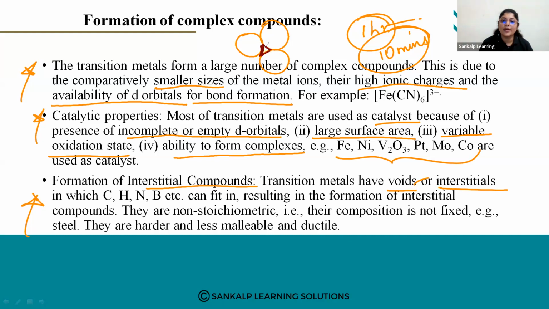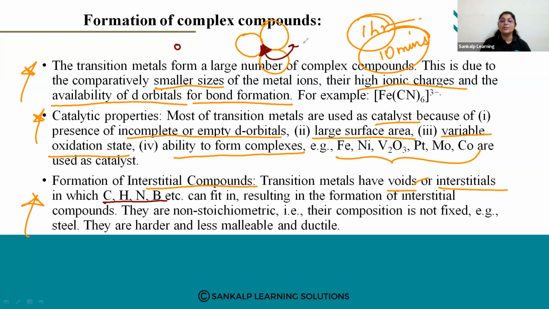This is called a void, or it is called the interstitial species. Means what? Between the larger atoms, when you have small spaces, they are called interstitial spaces, or voids. If there are large atoms and in between the large atoms there is small space, then some atoms like carbon, hydrogen, nitrogen, boron, whose mass is very small, can fit in this space, and they lead to the formation